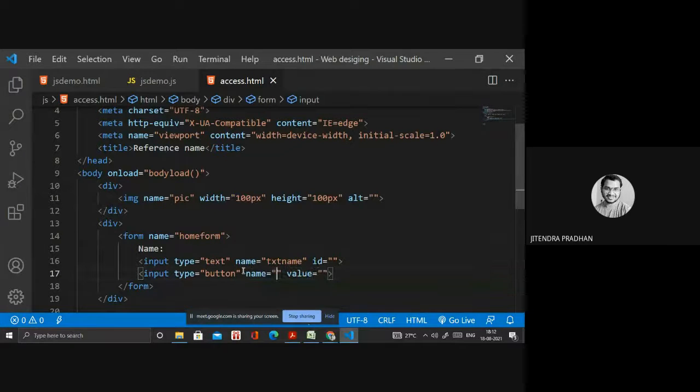Name is required. It's btn submit or button submit, whatever, submit btn if you require. Okay. Then I will design everything with my CSS, but I will not give that particular image inside that. By accessing that particular reference name, I will give that particular image using JavaScript. Let's see how.